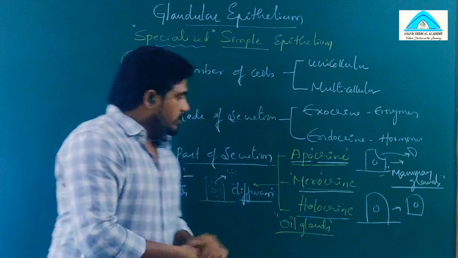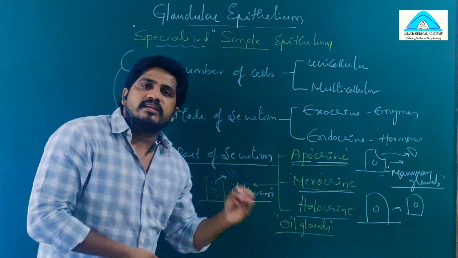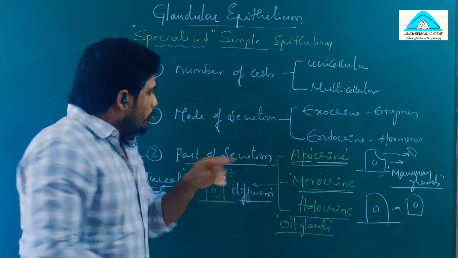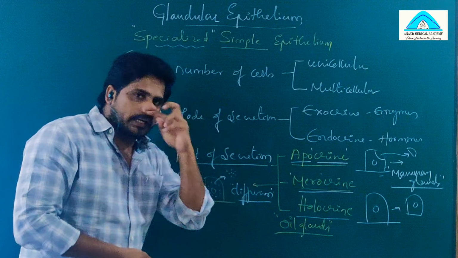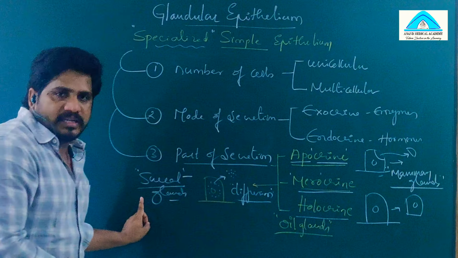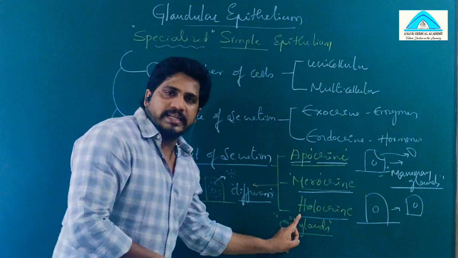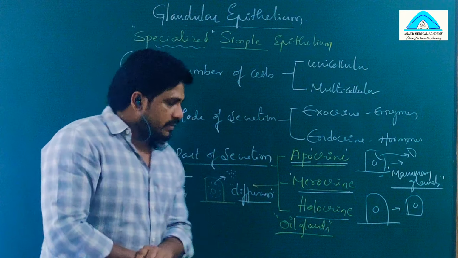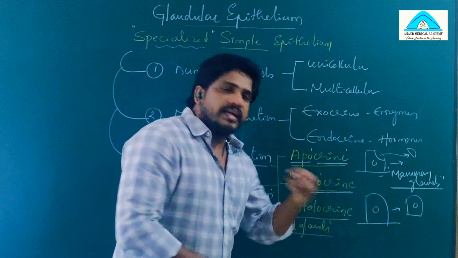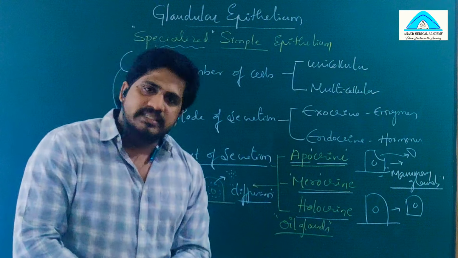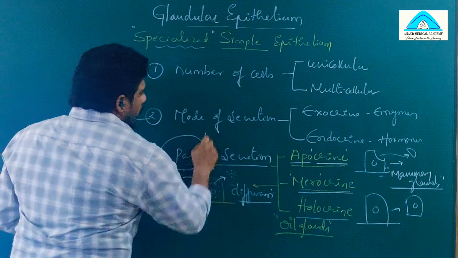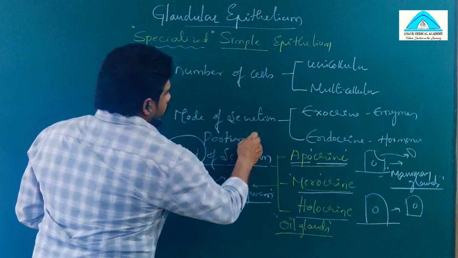Example, mammary glands. Merocrine, in this case, is secretion of chemical without dispatching of any part. So no part is contributing as a secretion. Just through diffusion, the chemical passes out. Example, sweat glands. Third one, holocrine glands, for example oil glands, where the entire cell is secreted as a secretion. So these are the different types according to the part or portion of the secretion.